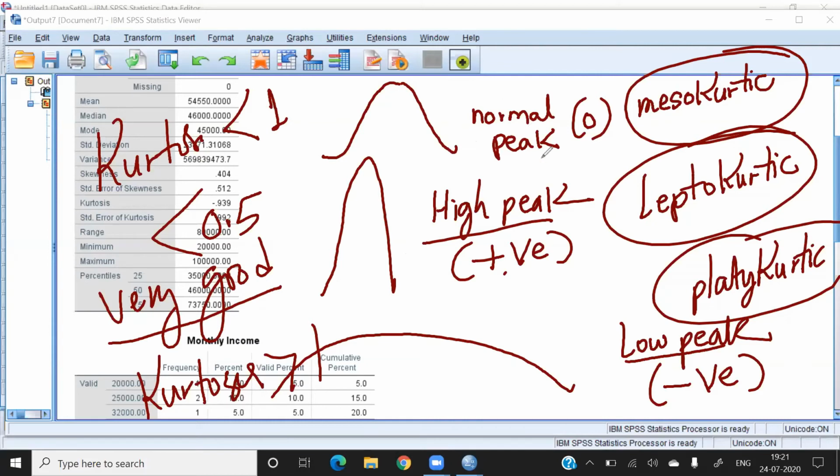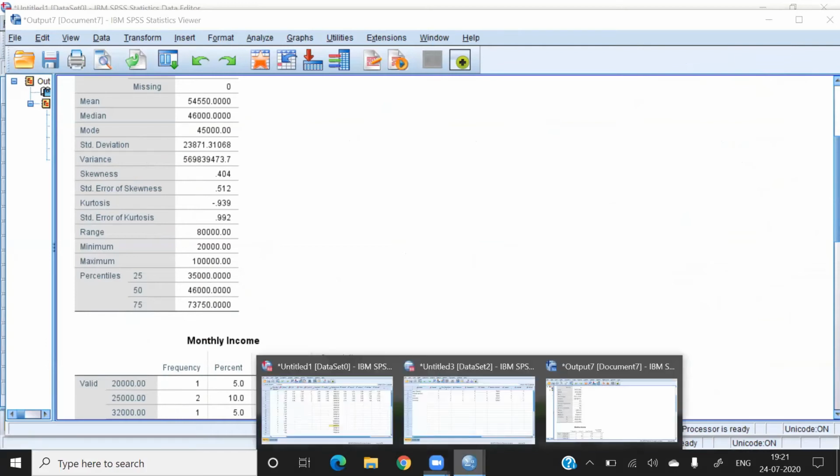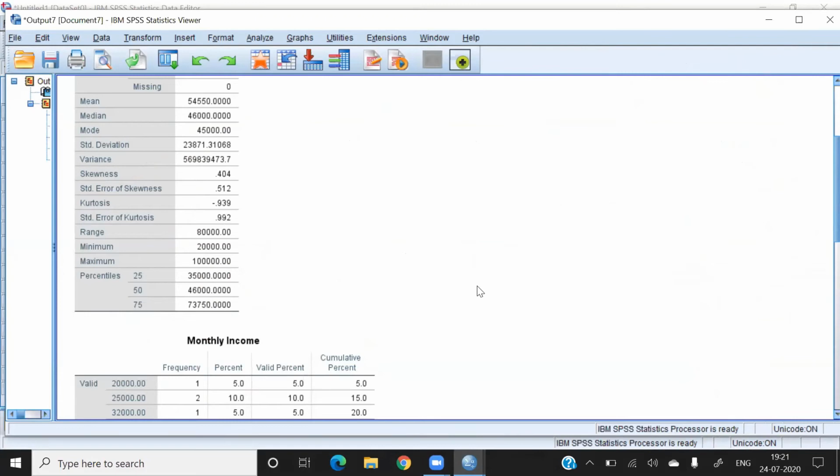Now I'm showing you how to properly check the normality, because we have some proper tests to check the normality, and sometimes we need to report the results of those tests. So what are these tests? Let me show you the proper test of testing the normality. So come back to the SPSS. Okay, let me check. Yeah. So close the output sheet.